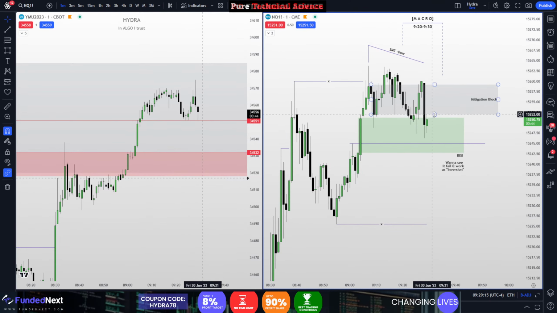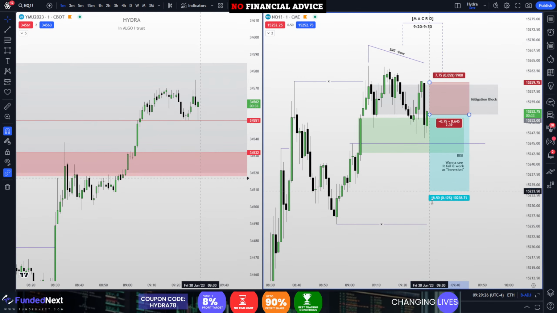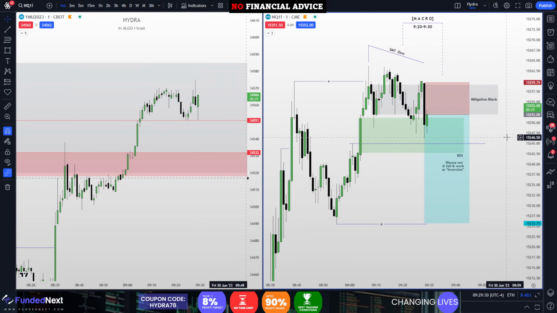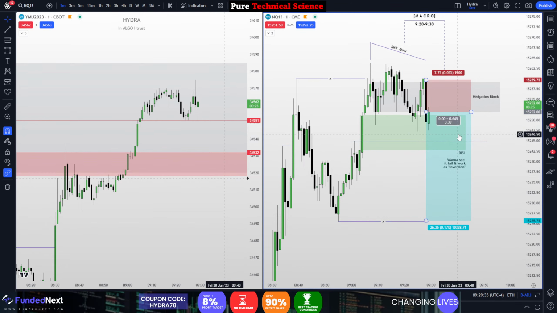So price is retesting this mitigation block again. Watch it. Okay, I'm gonna tape read this setup rather than pushing button, because mitigation block is where I don't have an edge. So I prefer to watch it with you all rather than pushing button here. So I'm just gonna tape read this setup. Let's see how price does it